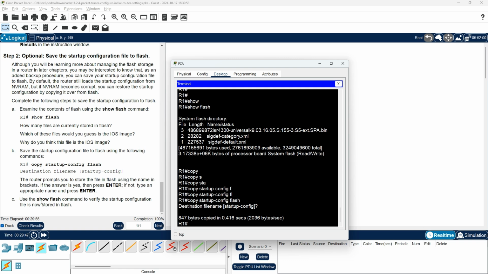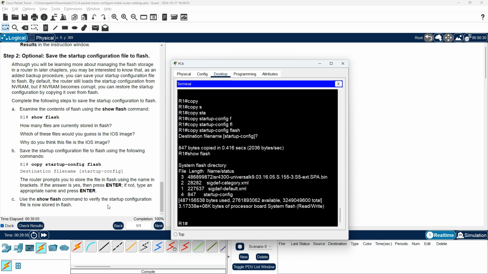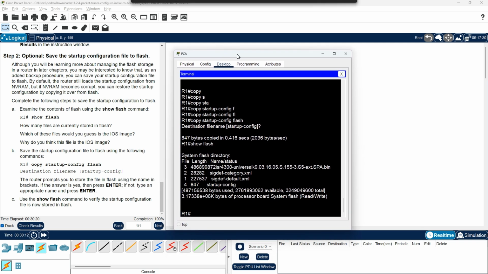Okay. Use the show flash command to verify the startup configuration file is now stored in flash. Okay, show flash. And here is my flash config. Okay, this is very important to administrate this configuration in case the data is lost in